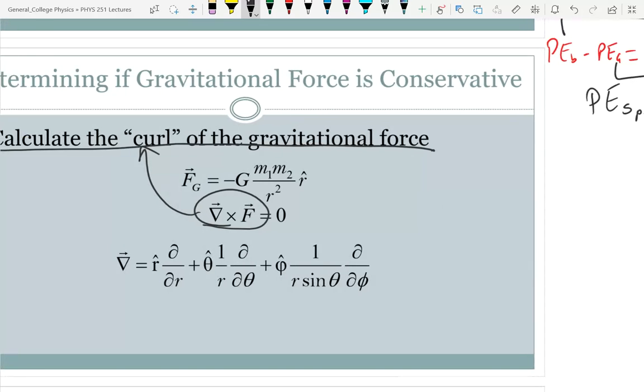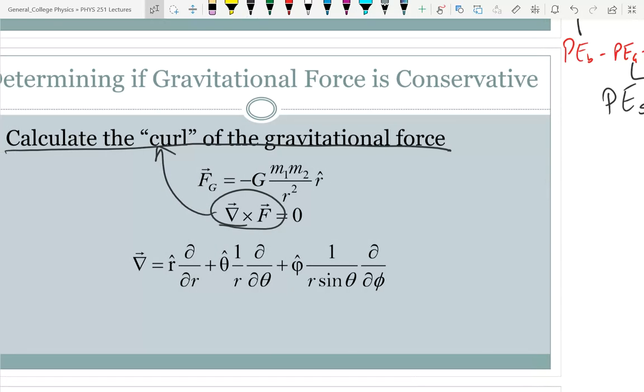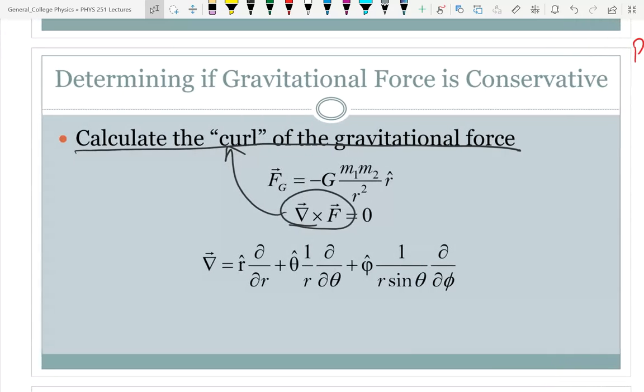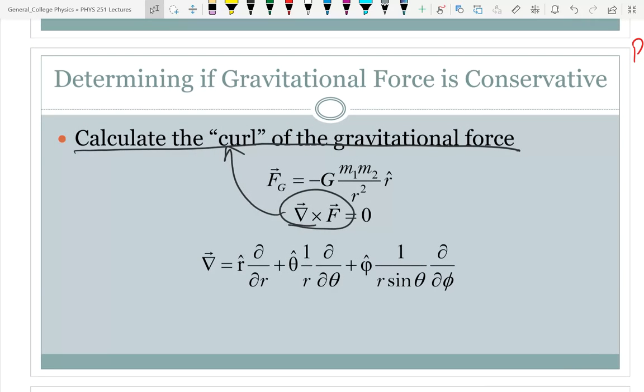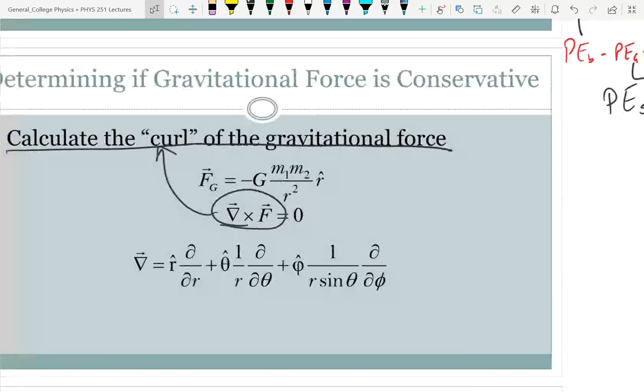So we've already done it twice. How do I do this curl calculation? I don't want to slide it over there and show you. I want you to tell me before I do that. How do we calculate the curl? You make a what? It's a determinant, not a matrix, but I'll go with you on that. We take the determinant of a matrix, right? So we're going to take a determinant